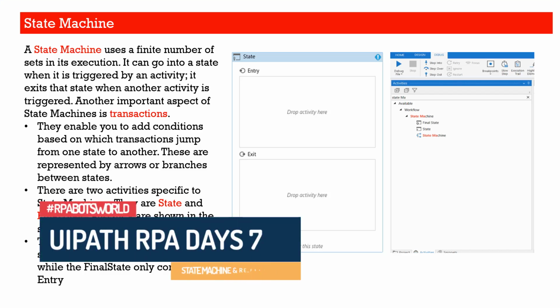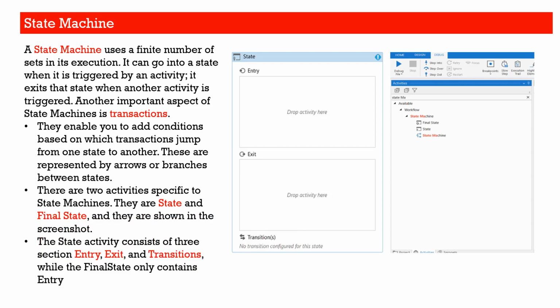What we need to discuss now is state machine and the UiPath RE framework, right? The UiPath RE framework is based on state machine. So let's quickly look at how a state machine works, and then we'll move to the RE framework template and I'll explain the different states of the RE framework, how a transition happens from one state to another, what the entry, exit, and transition states are, and what needs to be done at which workflow.